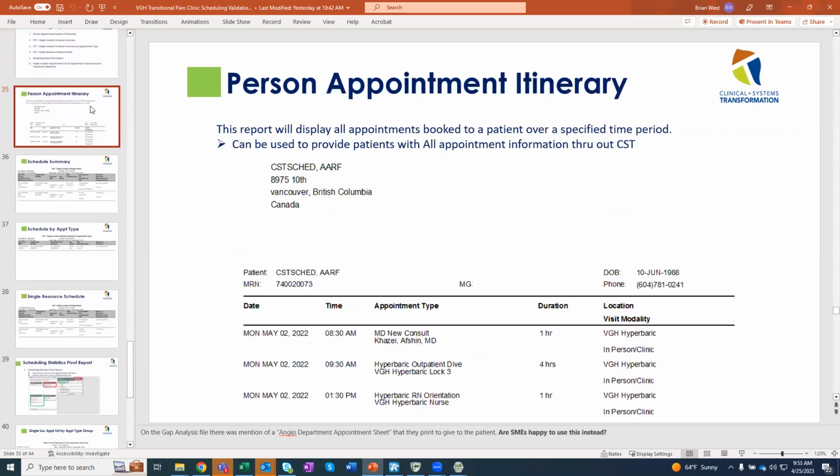So we have the personal appointment book report. It's pretty much like the patient itinerary report, it just doesn't have all those preps. This is just the appointments. So this one has the date, the time, the appointment type, who it's with, the duration, the location, and the